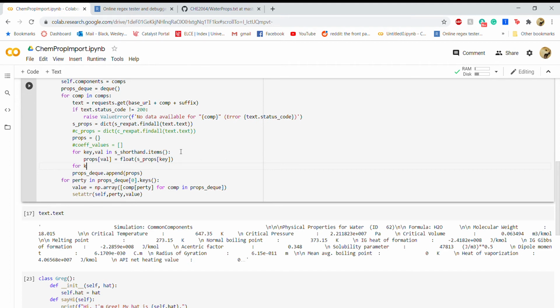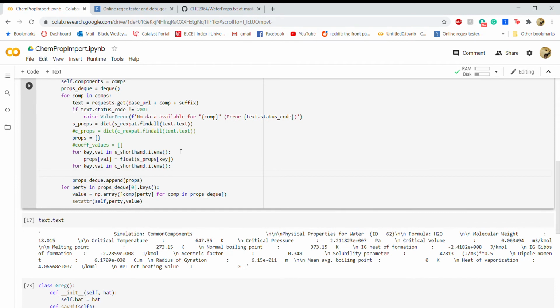Let's look at that key value pair again, because we'll be starting at the same place. In that C shorthand, dot items, same idea. Items, which I could spell sometimes. And now here's where things are going to get a bit messy, because I need a way of breaking up that singular value in the dictionary of each